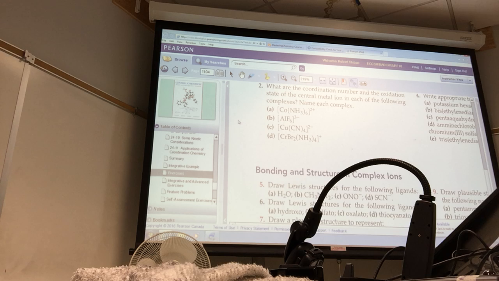What's the next one? 2B. Okay, the metal or the ligand first? Ligand, and the ligand is fluoride, but we change the ending. When fluoride is a ligand, we call it fluoro. We just add the O ending. And so this will be, we have 6 of them, so again, it'll be hexa, fluoro,